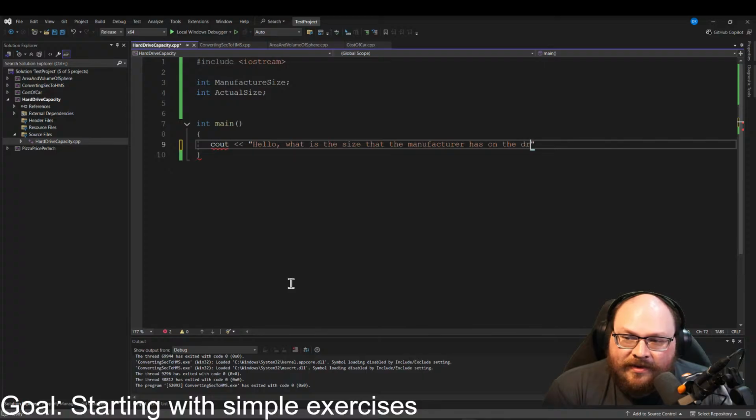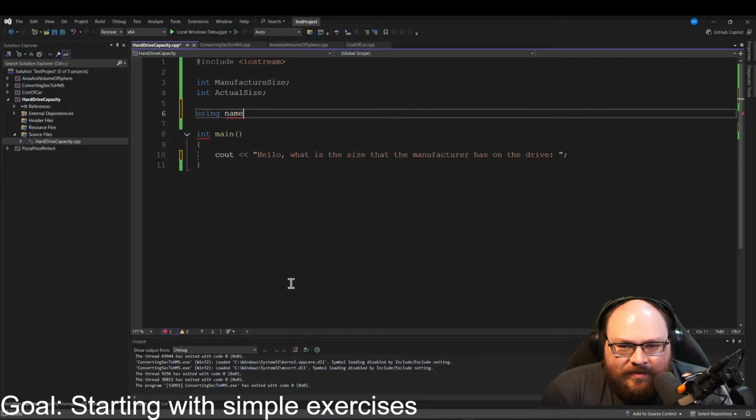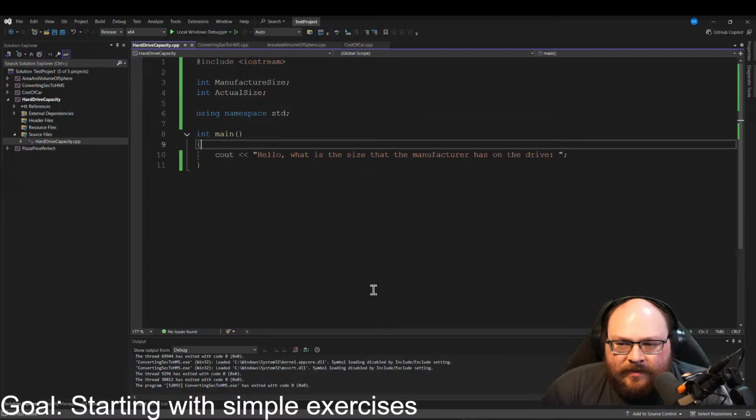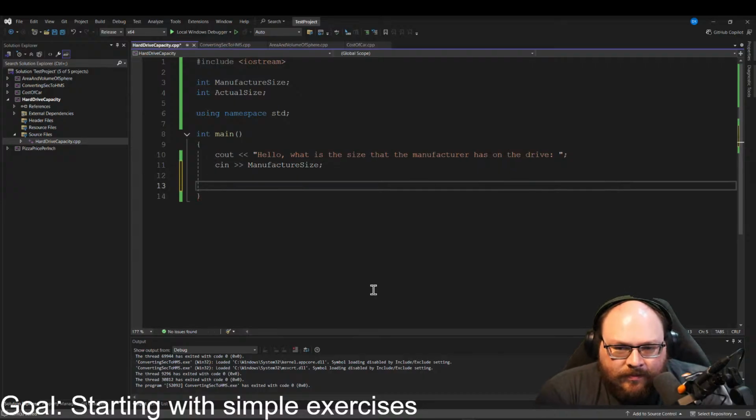On the drive. Now it's not really a hard drive anymore. Oh wait, we just want to do this. Oh, forgot. I always forget using namespace std. Okay. And then we would do the n would be manufacturer size. So then in the background, actual. So at least using what 3DS Bros gave us would be